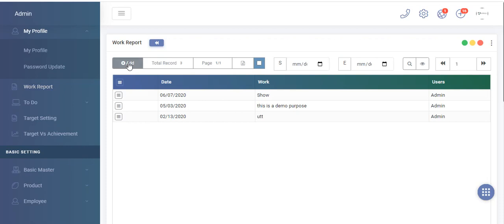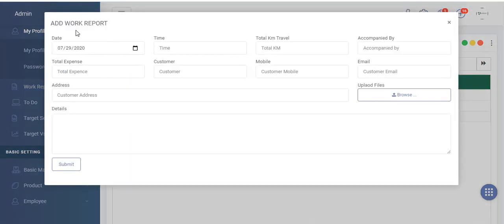Right, from here you have to click on the add section, and after that your date is given as today. Right, and after that time, and total kilometers traveled, which depends upon your work. If you travel anywhere, you have to put that information there, and if not, then you are not required to. Right, if you have done any expenses, you have to give the amount of those expenses